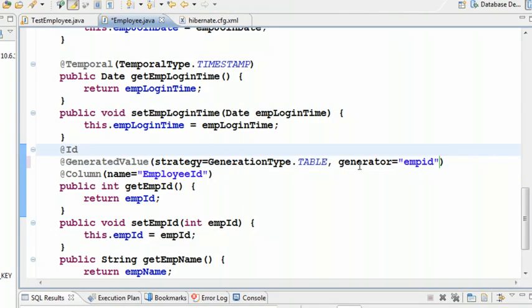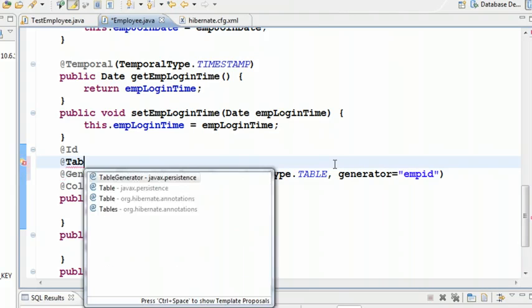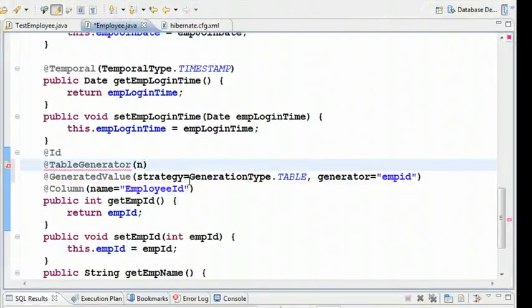Now go right on top of it or below it, doesn't matter. You have to give another annotation called table generator. Now whatever generator name you gave here, you will have to give it here too. It has this property called name, and the name I gave here is employee ID, so I'll give the name right here,